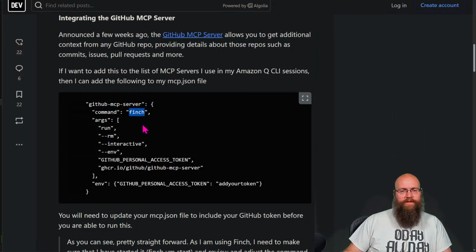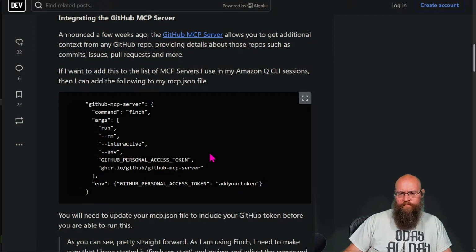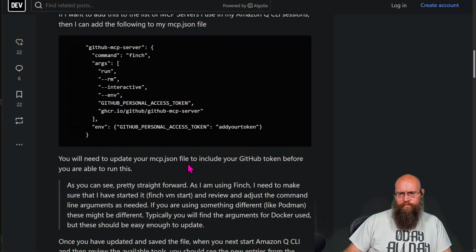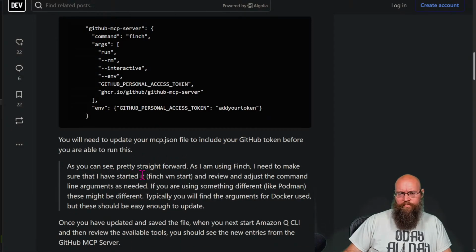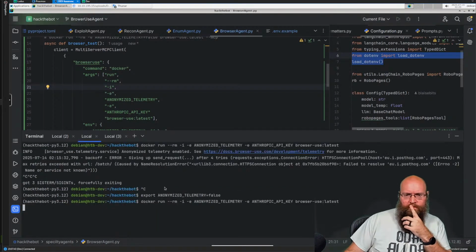Command, Finch, which is the base binary, and then the options. Yep, I mean, the command line looks identical.